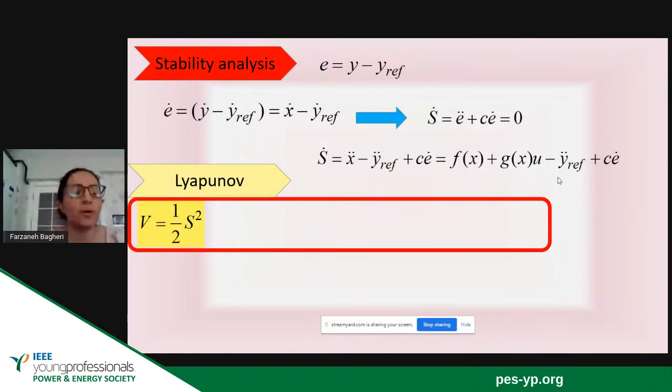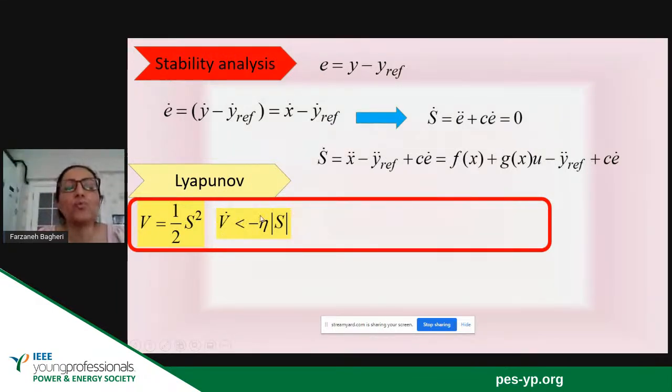So choosing this function is arbitrary. You can pick whatever function you like, but it should be a strictly positive function. 1 over 2 s squared is a strictly positive function. So the Lyapunov stability analysis says that for the sliding mode control